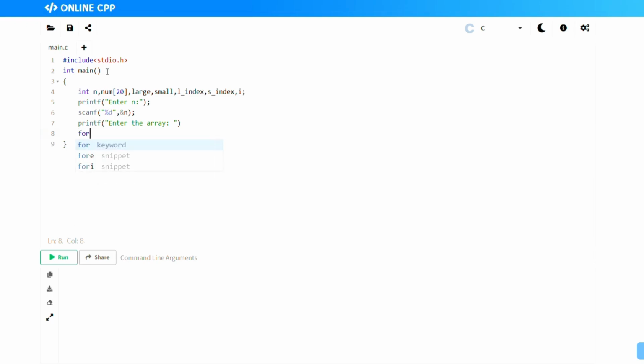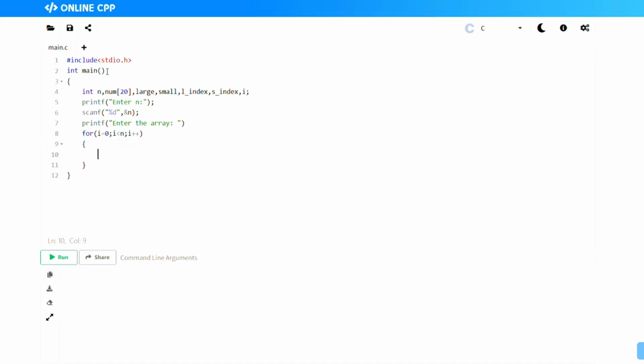Now this program is very helpful for practicing for loops and arrays. Here we are using a for loop which is very simple, and we're going to be using the same for loop throughout, which is i = 0; i < n; i++. So this for loop will start at 0 and go all the way to n minus 1, where n is the size of our array, which will be inputted by the user. And now we're going to take input. Now I forgot to put an ampersand there in the scanf function. Do not forget that. I did add it later on.